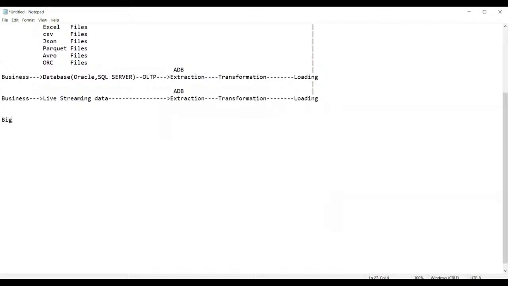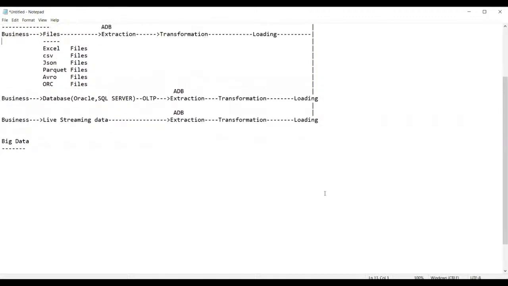Now, next, let us see exactly what big data is. Now, guys, what is big data? Big data is nothing but whatever data you're getting from the business. Big data is not a great concept where you need to get confused. Just split it, guys.